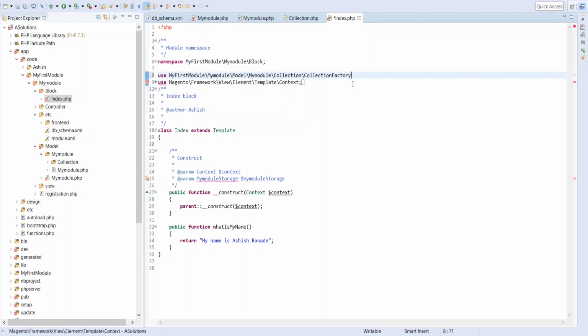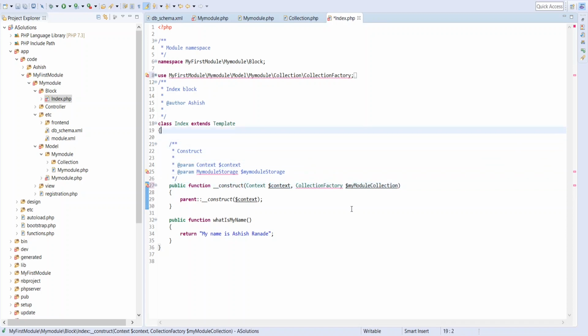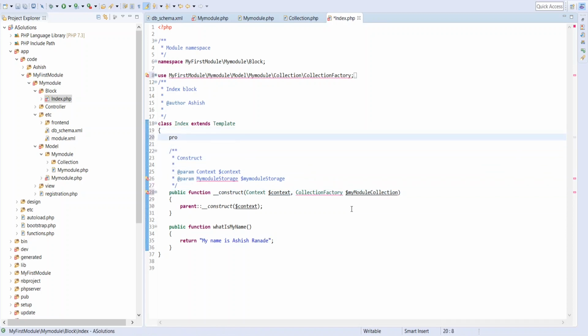I'm using the collection factory here, my model collection factory. Let's create one protected variable here.